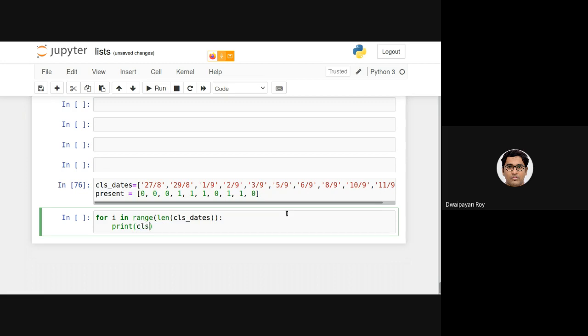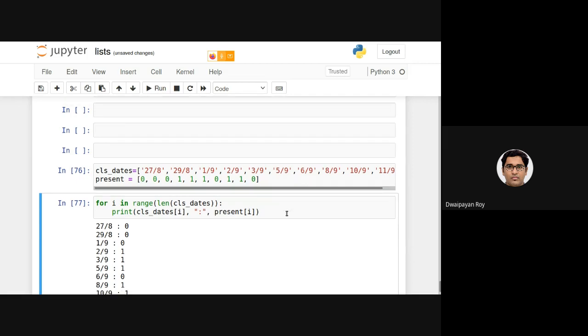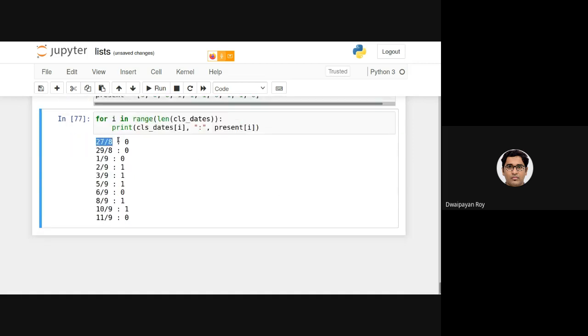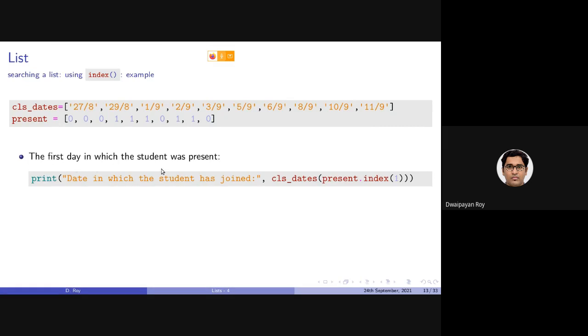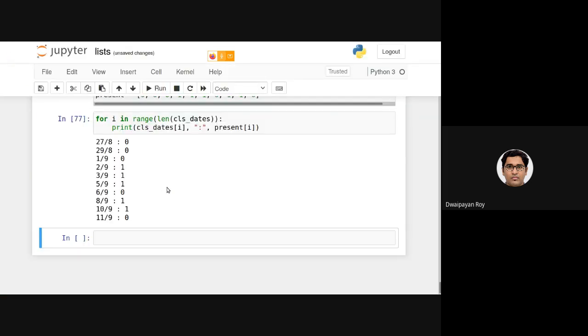I want to check whether he is present or absent, so I'll be specifying this present list. As you can see, the student is absent, absent, absent on these days, and the first present is on this day. Now I want to get the first day on which the student was present in the class.